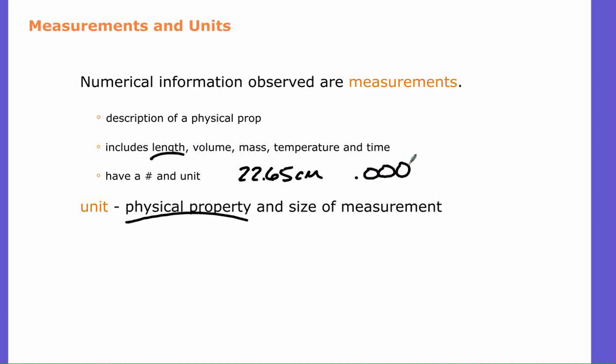It'd be like this many kilometers, but right, the size is definitely going to be a little bit important in this. Right, there's a big difference between a kilometer and a centimeter. Right, 22 kilometers is a long distance. 22 centimeters a very, very, very short distance. So those units, not only do they tell you what you're measuring, but they also tell you how big that thing that you measured was.